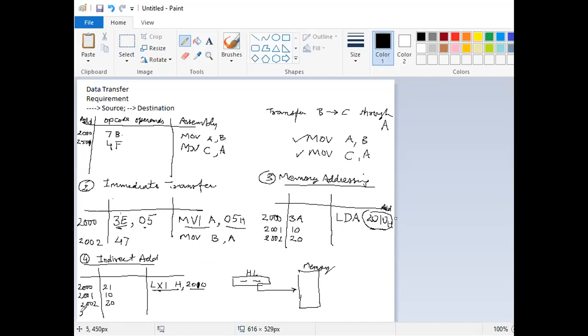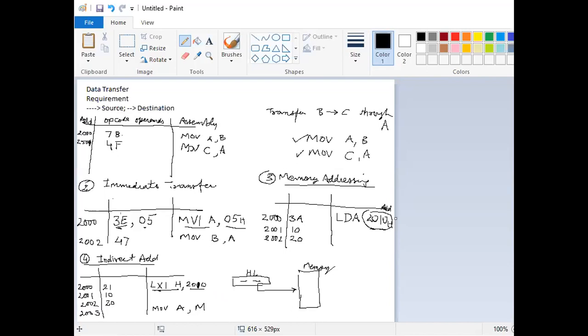So that instruction will be stored at address 2003, and the instruction will be move into the accumulator from the memory address, which is specified in HL.